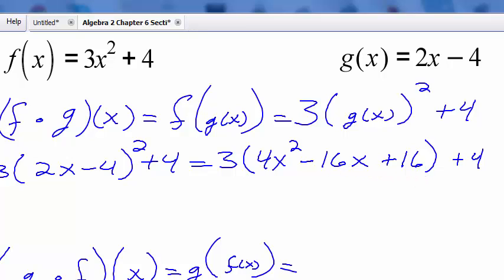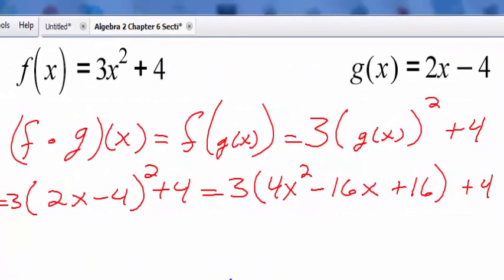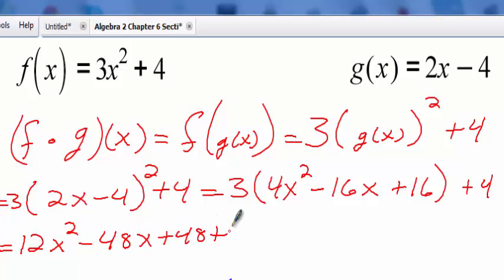So, what do we do now to get rid of the parentheses? And sorry, my eyes are kind of running together with all this blue up here. So, let me make a change. There we go. Absolutely. So 12x squared minus 48x plus 48 plus 4,